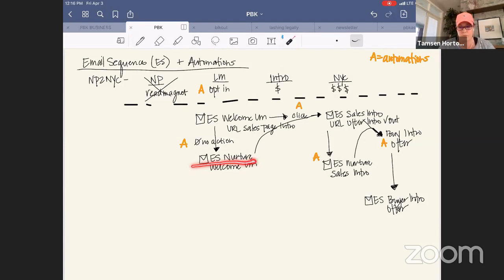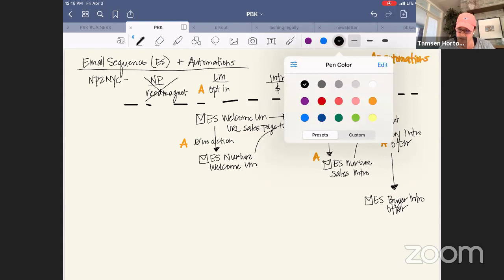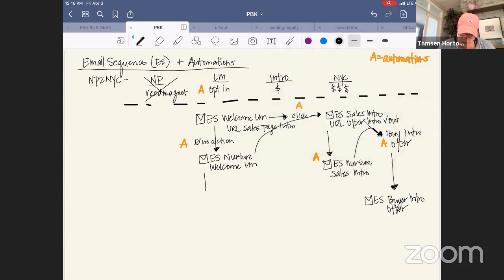So they don't need to do anything. They just move from one sequence to the next. While they're in this sequence, if they do nothing, like they never, ever, ever click over to this sales sequence, where you will pick them up is, if you're sending out any kind of a newsletter or email broadcasts, they'll receive those because they're on broadcast. So this is where they end up. So everyone is always on this list.